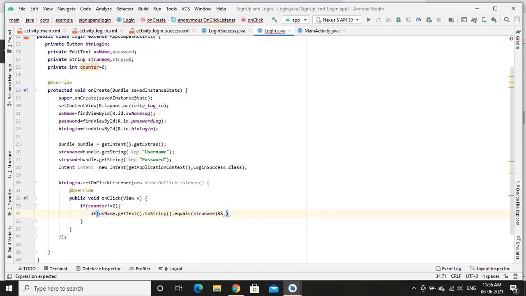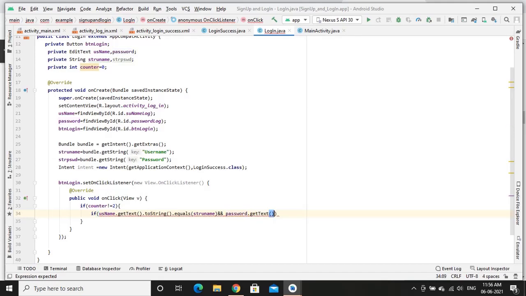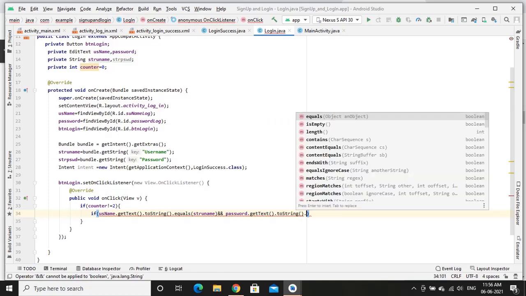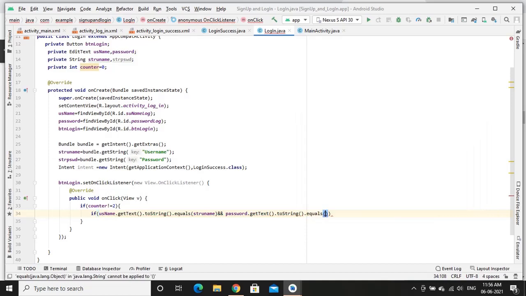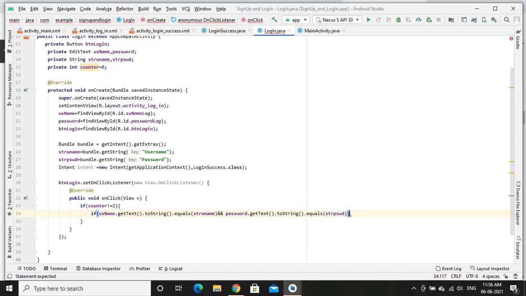That is nothing but password dot get text, get the text from the password edit text, convert into toString, and test whether it is equal to the retrieved password. The retrieved password is there inside str password. If this is equal,